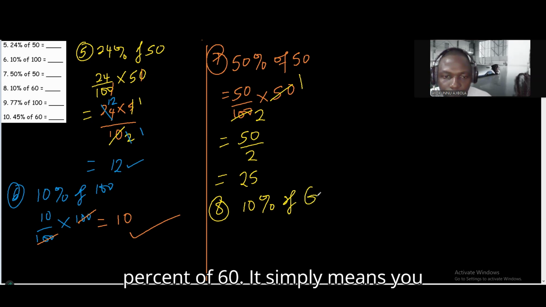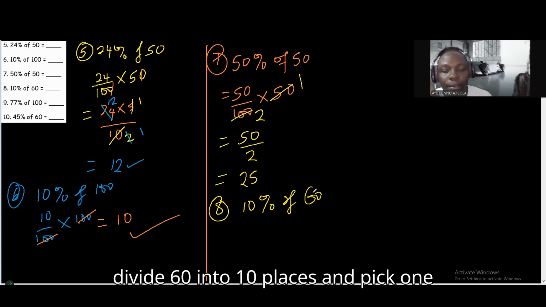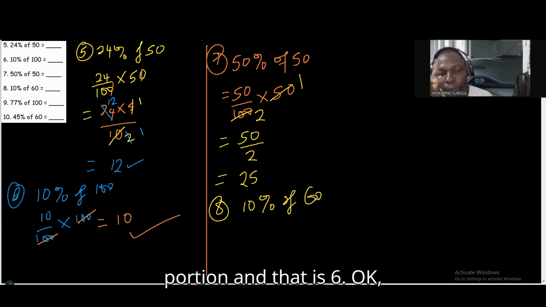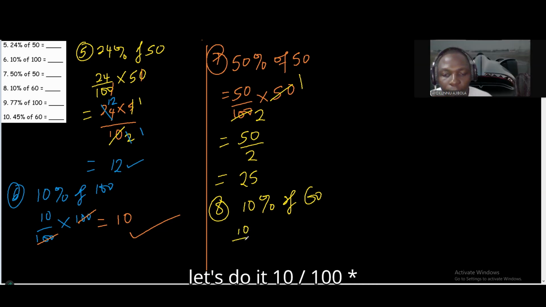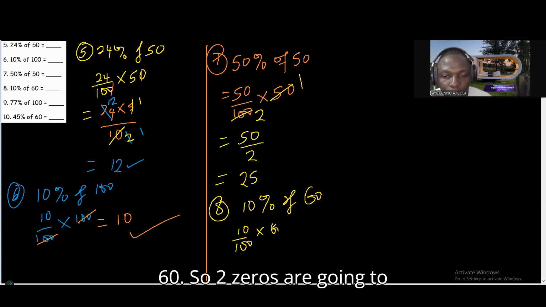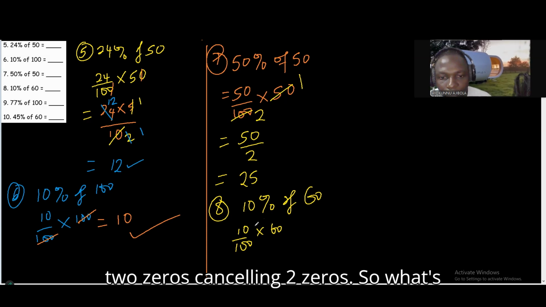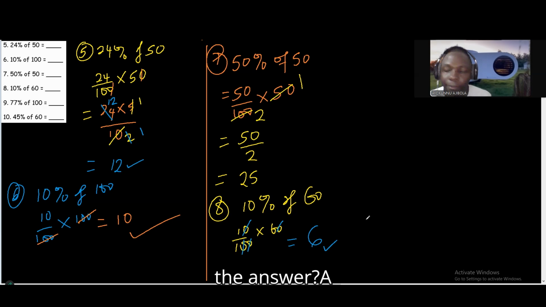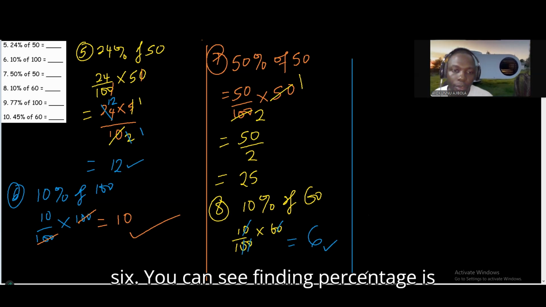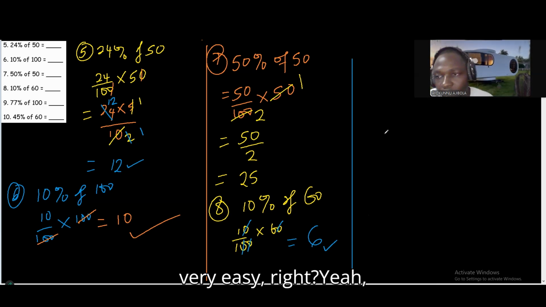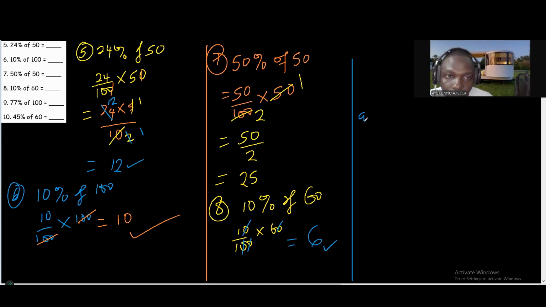10% of 60 simply means you divide 60 into 10 parts and pick one portion, and that is 6. Okay, let's do it. 10 over 100 times 60. So two zeros are going to cancel two zeros at the bottom. So what's the answer? 6. You can see finding percentage is very easy, right? Number 9,